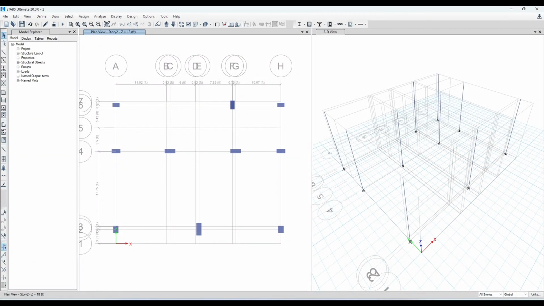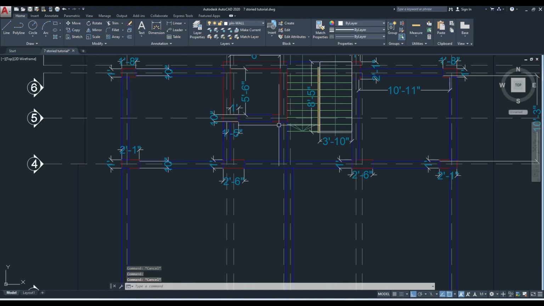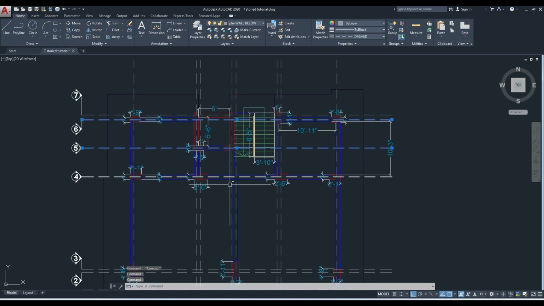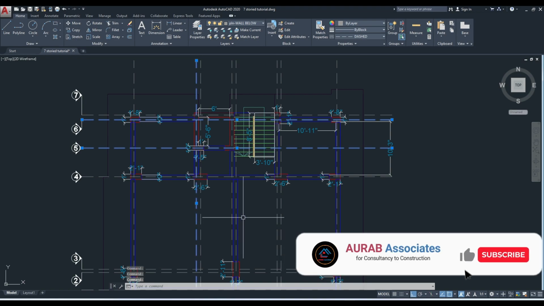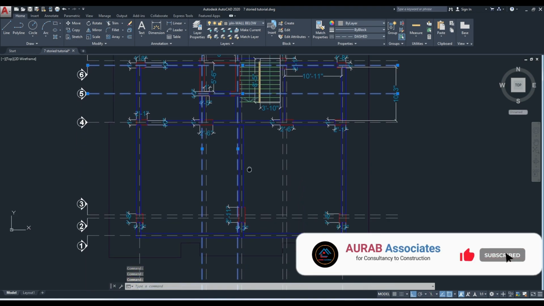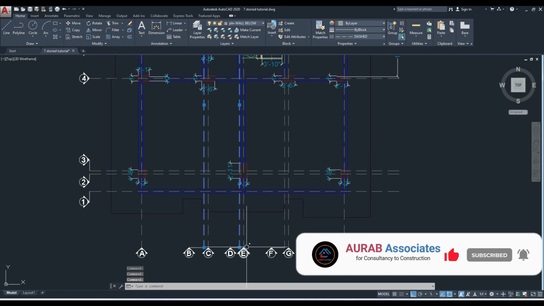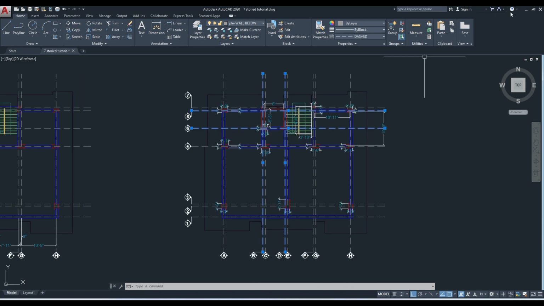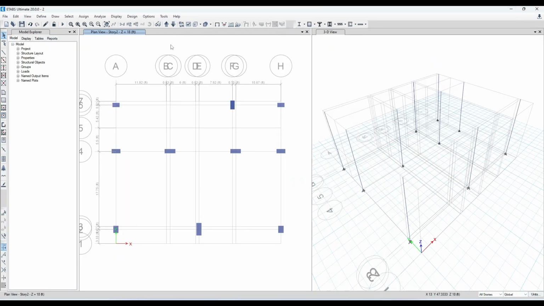Then for shear wall, here grid number 6 and 5 in y direction, and these two grids are going through the center, that means B to D. Here we have to consider B to D for x and 6 to 5 for y direction. Fine. Then go to ETABS, all stories will be selected.